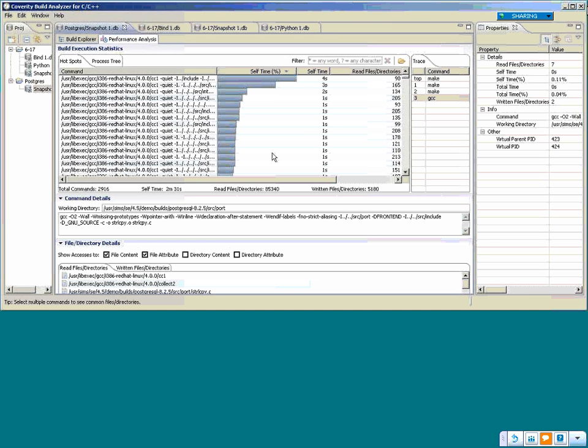One other thing I wanted to show you is over on the right, you have a trace for each command